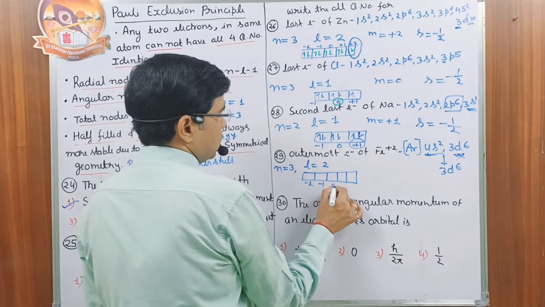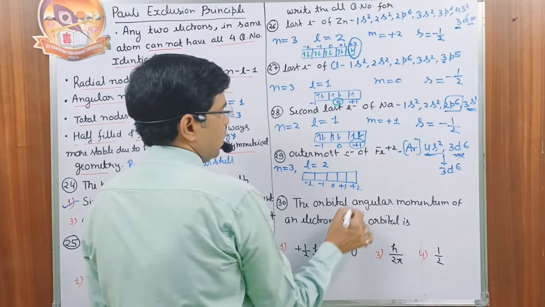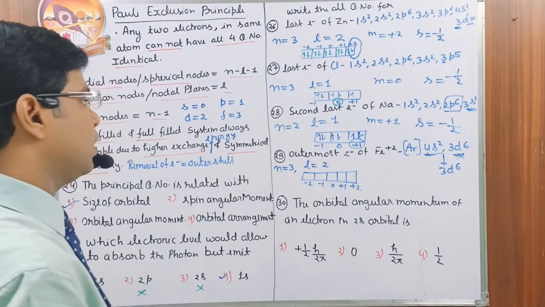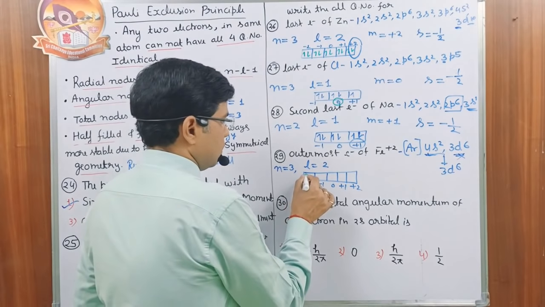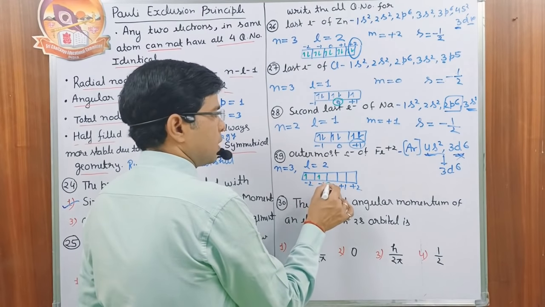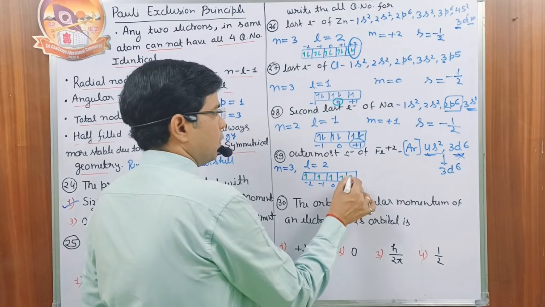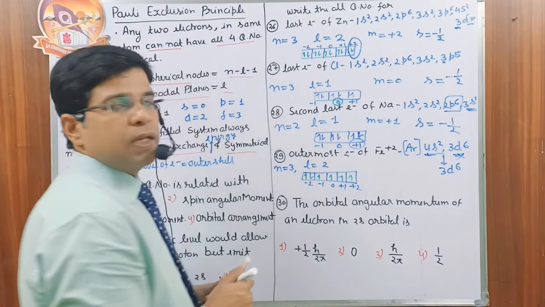-2, -1, 0, +1 and +2. And we are looking for the 6th electron. Let's see where the 6th electron is. 1, 2nd electron, 3rd, 4th, 5th and 6th. The 6th electron is present in the